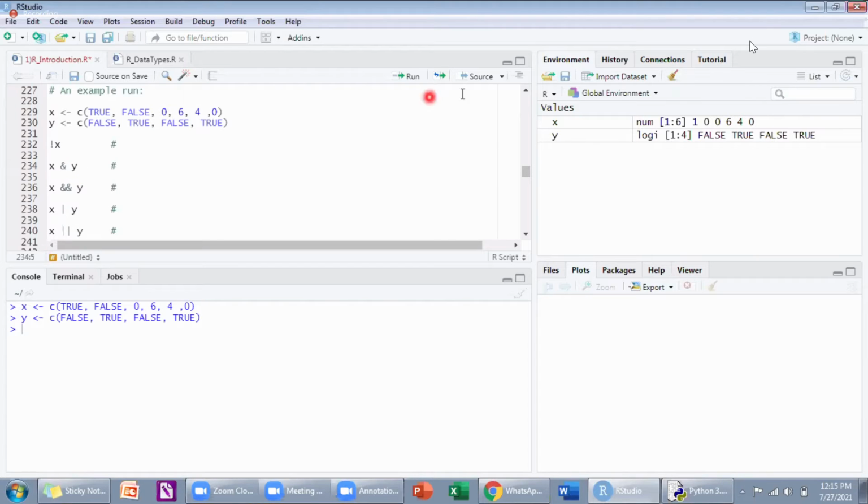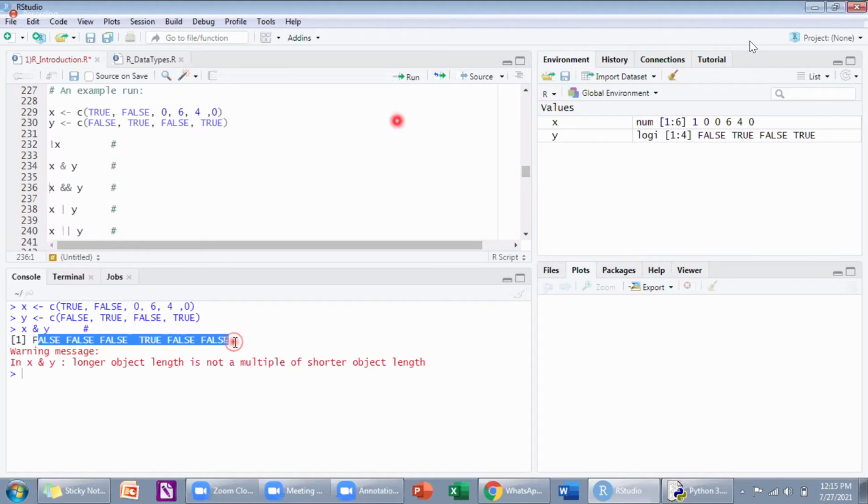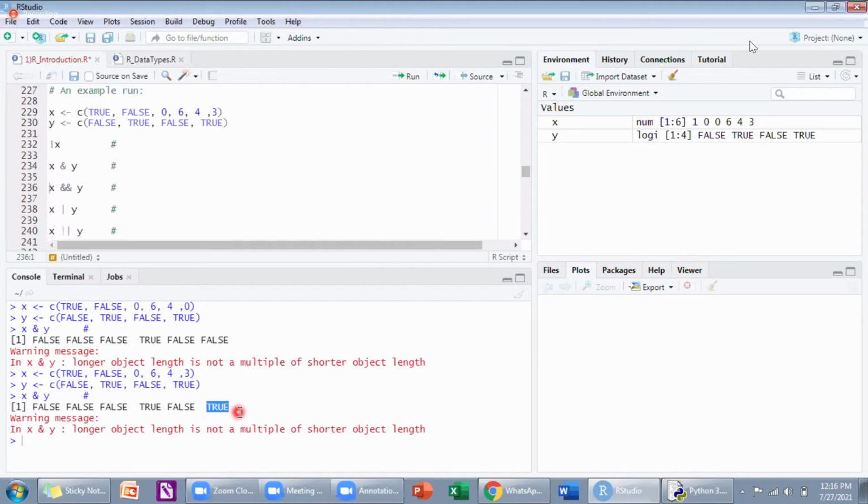I'll do the AND operator. 1, 2, 3, 4, 5, 6. Did I get 6? Okay, sir. But I am getting a warning message saying that the lengths are not equal. But still, you got 2 false. Why? Because this false and true is there. 4 and false is false. 0 and true is false. If you want, you can change and see. I make it something like 3, so the last should be true. True. Got it? Yes. But a warning will be there. Clear with your doubt? Thank you, sir.